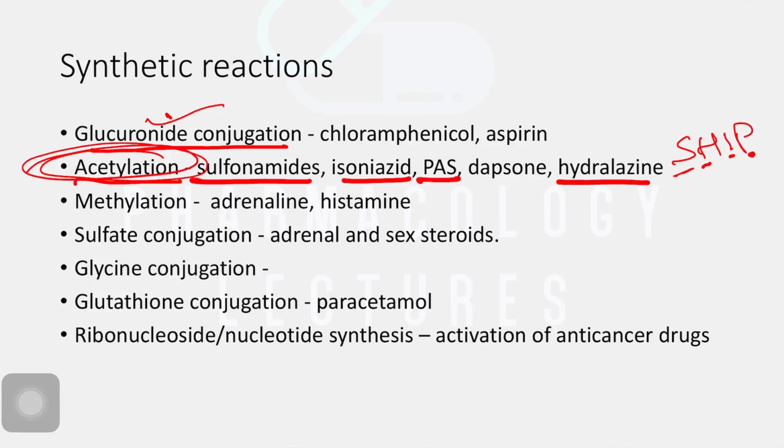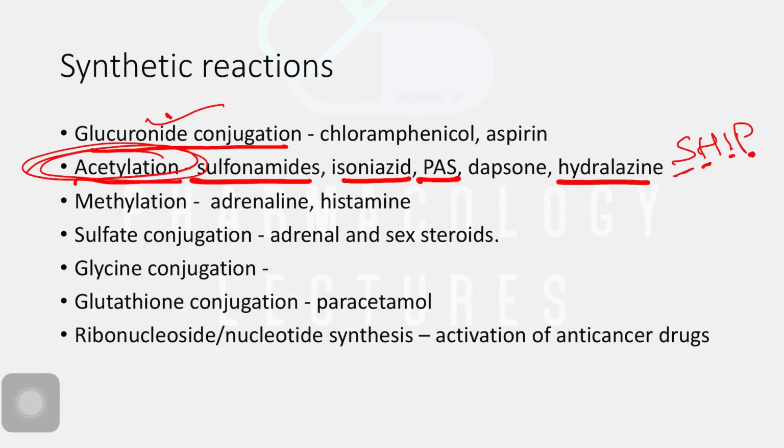Okay, so drugs that undergo acetylation are sulfonamide, hydralazine, isoniazid, and PAS, and these drugs can produce adverse drug reactions related to autoimmune reactions. So autoimmune reactions are associated with